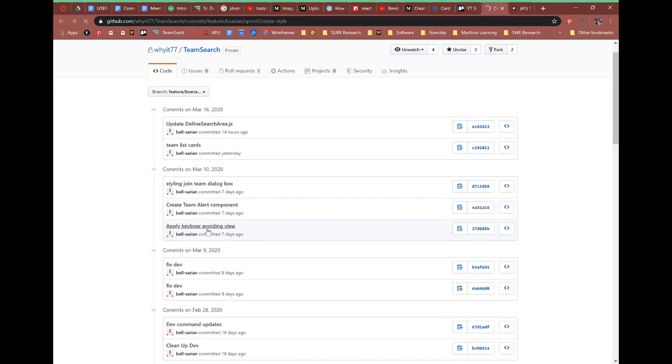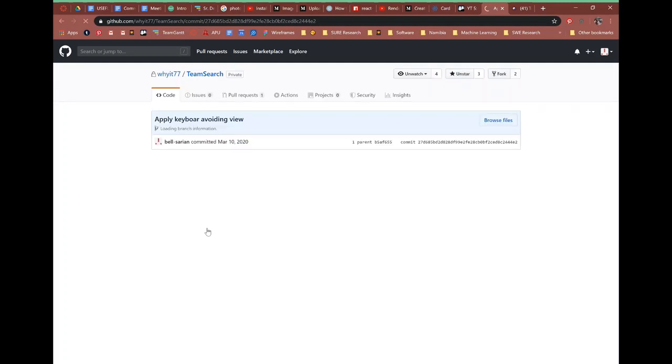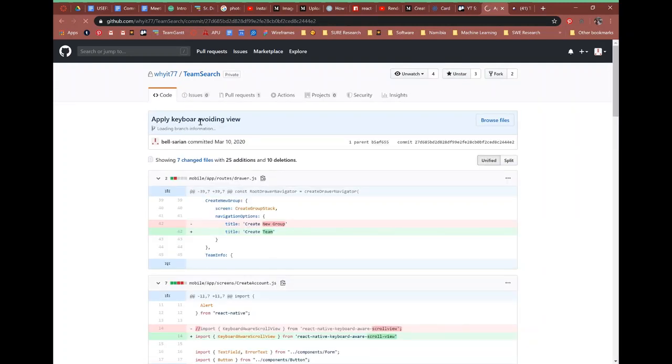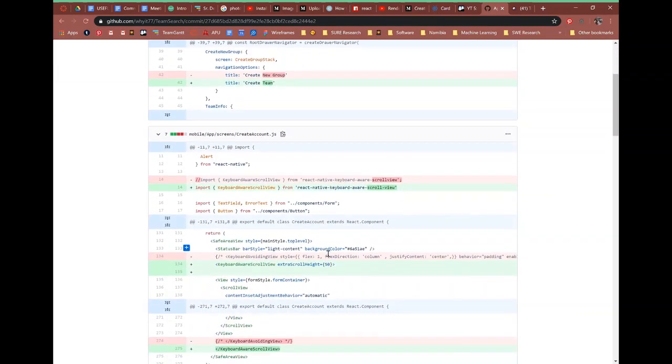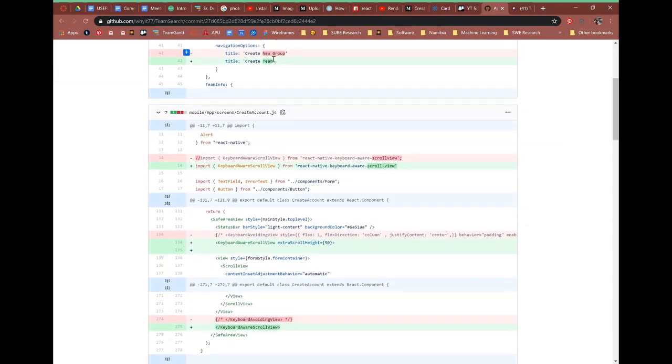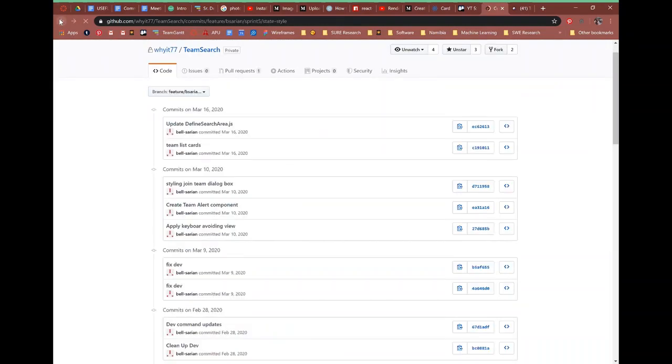so this was my time to implement keyboard avoiding view. So it took a couple tries, but nice. But basically updating some of the names of them, scroll view. So I did this to like a bunch of folders. And then